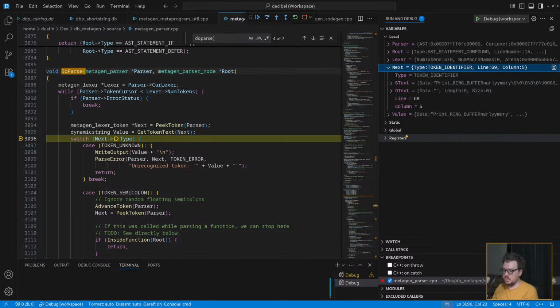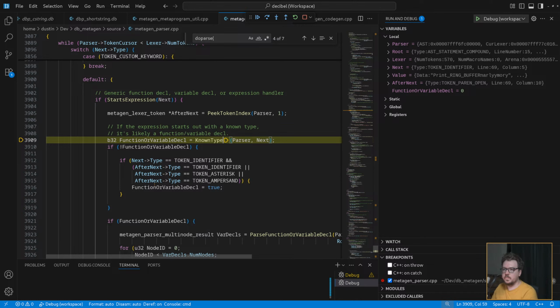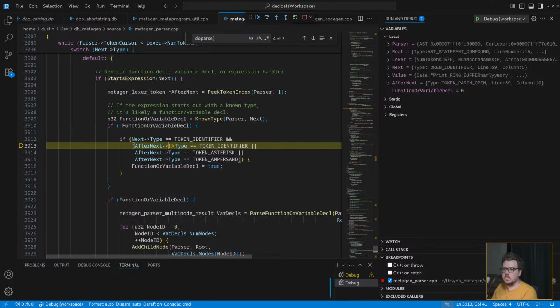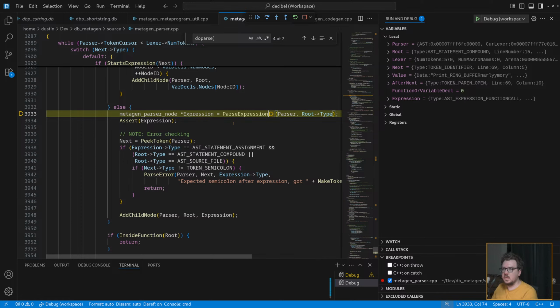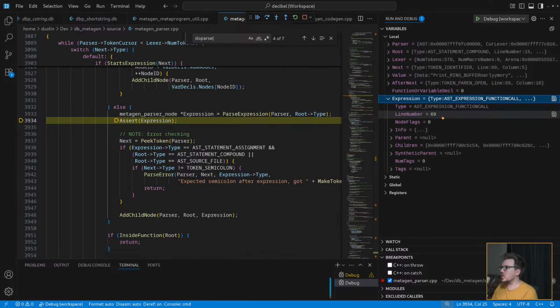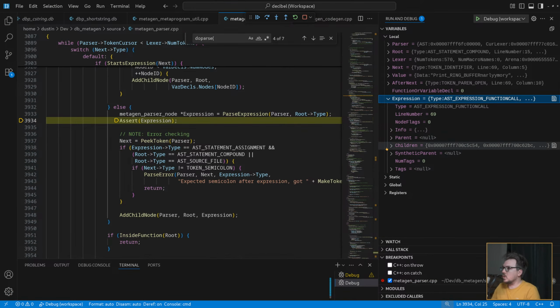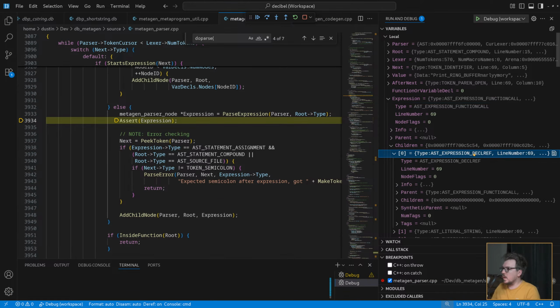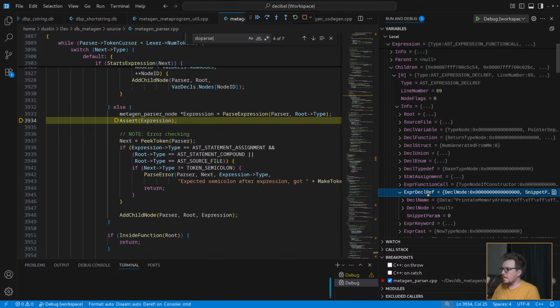So we're in print. So let's go down. It should not be a function or variable decl. It's not. We parse expression. Okay, so let's see the expression we got back. We got back a function call, right? We should be getting back a function call, which we did. The function call's first child is the decl ref, the function you called. So this should be print, which it is.